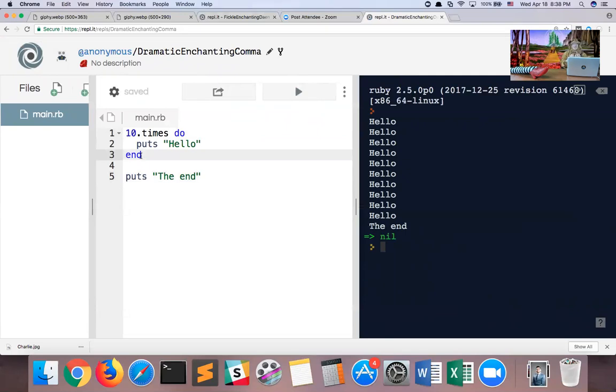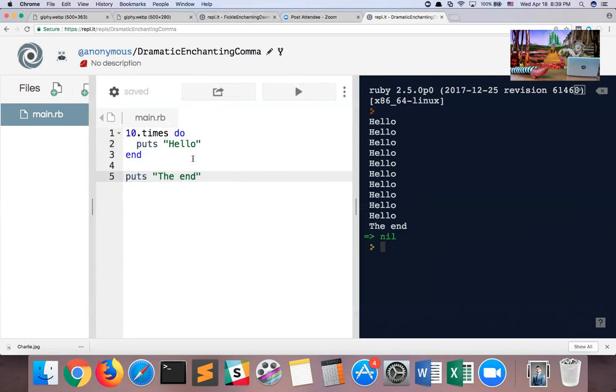So end is not a way of getting out of the loop. Break is how you get out of a loop. End is just saying, this is the bottom of the loop, and if we haven't finished running it all the times, go back to the top and run the next loop. Think of it as encapsulating the code of the loop. Since puts hello is between the do and the end, that's the code that gets run 10 times. But line 5, puts the end, only gets run 1 time. So end is like the end of the loop.